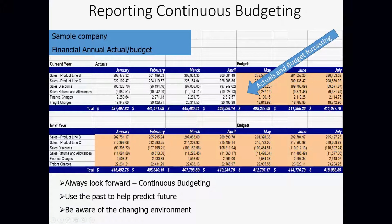So I could say, give me a report today, and it'll go grab the actual information and then pull in the budgeting information to the end of our fiscal year, which is maybe July. And it'll give us a total. Or maybe this is next year. But the point is, this allows you to do budgeting of your cash flows. It allows you to do budgeting of your overall financial numbers, so that if your board of directors could take a look at this information and see all of the detail,